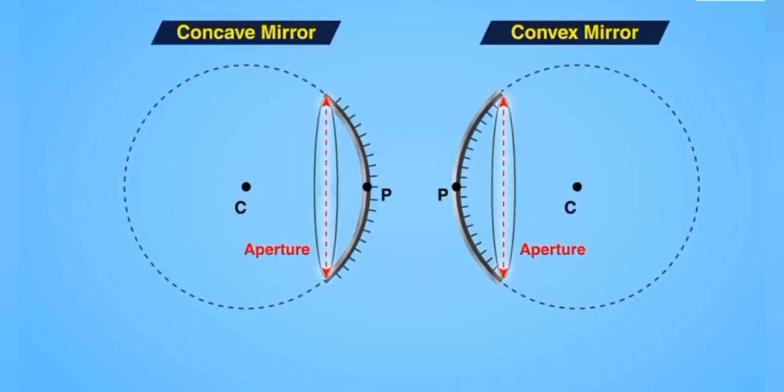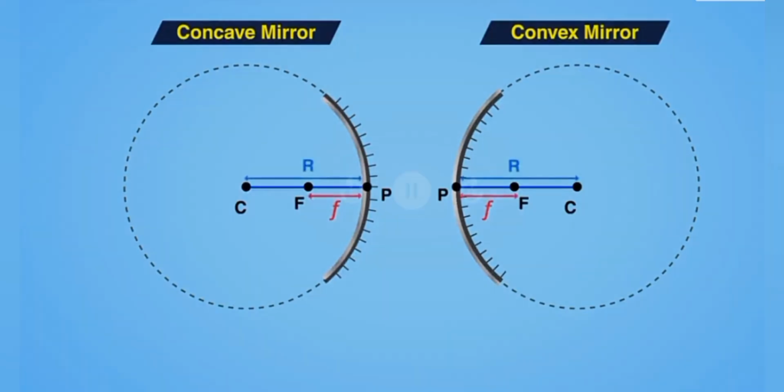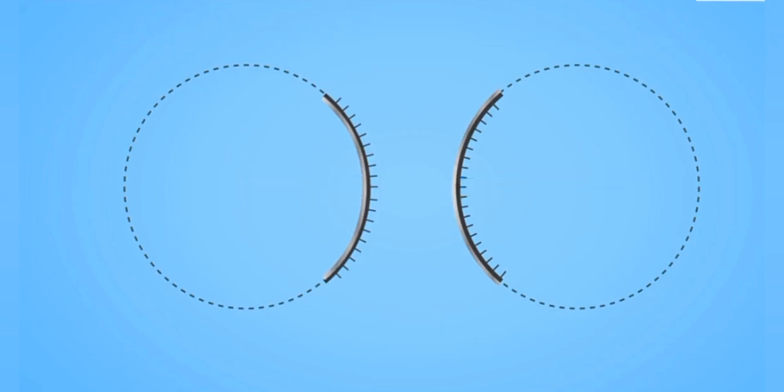For spherical mirrors of small apertures, the radius of curvature is twice the focal length of the mirror. This means that R is equal to 2f. So, what does this tell us? This tells us that the principal focus F is exactly at the center of the line segment PC that represents the radius of curvature. Let's summarize. Pole P is the center of